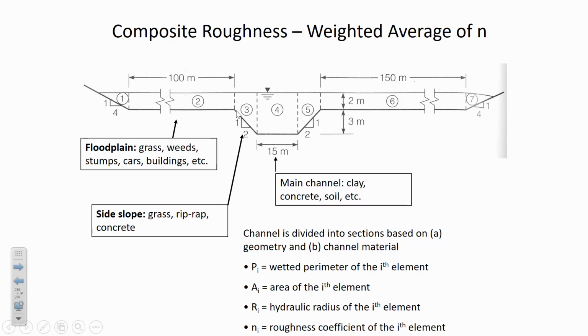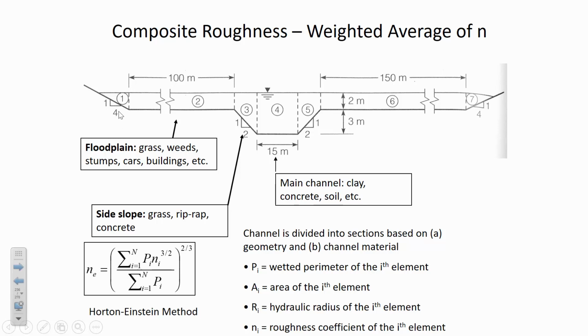It might be reinforced with some vegetation to try and prevent scour and erosion. But the floodplain oftentimes will have some kind of development or a lot more vegetative growth on there because the water's not always up in the floodplain. It's only during a real wet weather event that the water's going to spill out of its normal banks and onto the floodplains. And so since there's such radically different n values, there's a lot of different approaches to calculating